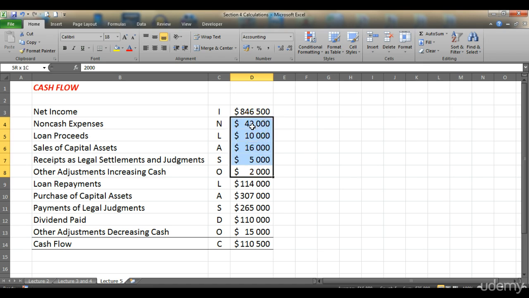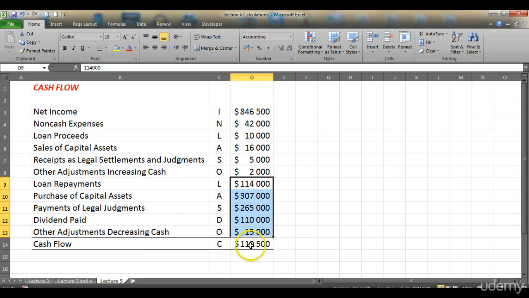Those 5 elements of cash flow are added to the net income because they add value. And these 5, loan repayments, purchase of capital assets, payments of legal judgments, dividends paid, and other adjustments decreasing cash,